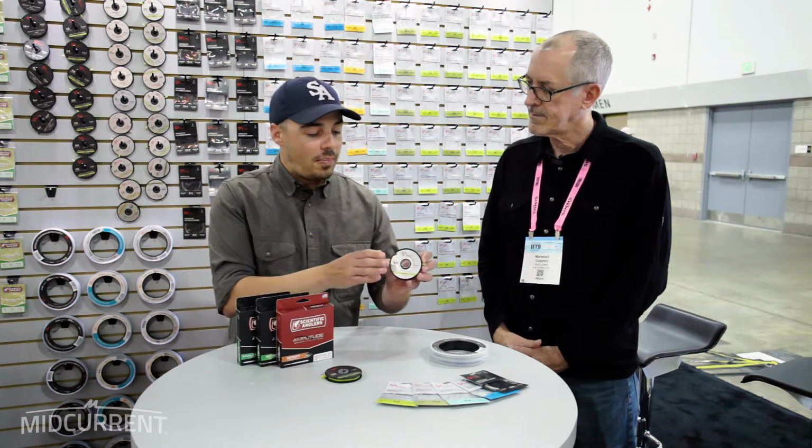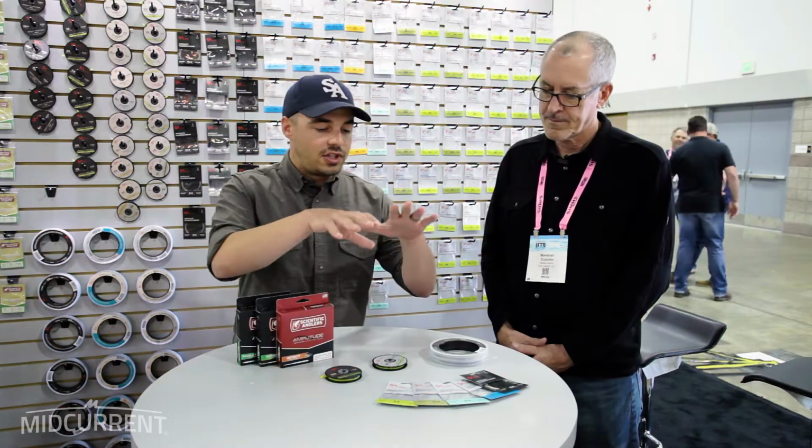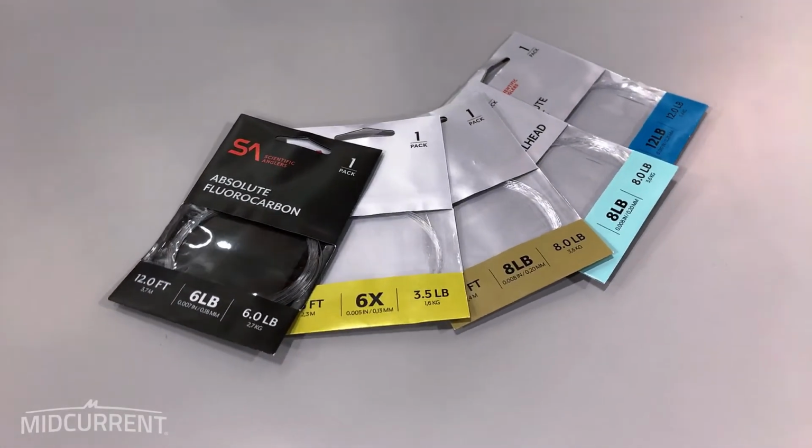We still use our patented cutter spool for our tippet, but we've upgraded our band. It's now made out of silicone. It's much easier on your tippet. I'd rather have my tippet running over a soft rubber than going through a metal grommet. And it's got a lot better legibility on the edge, so it's a lot easier to read what size and what application you're looking for. We also have a ton of new leader tapers that are specially designed for specific purposes,